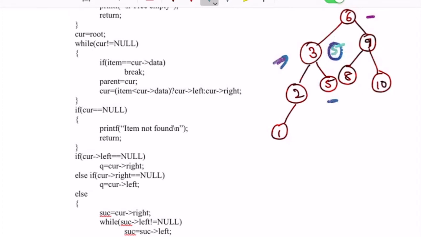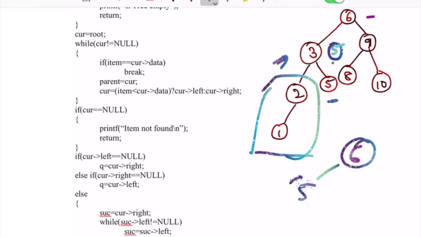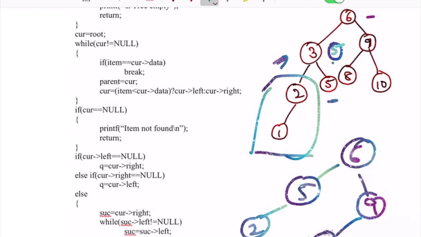Since 3 is going to be deleted, the left child which is left out is going to take the place as the left child for the node 5. The resulting tree would look something like this on the left side. The right side is not going to be changed. This is the scenario when I delete the node 3.